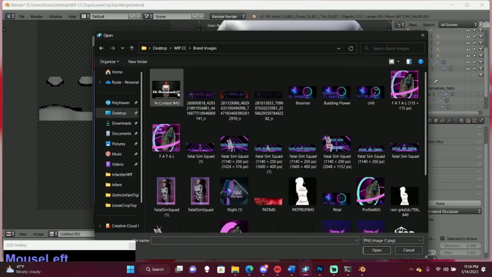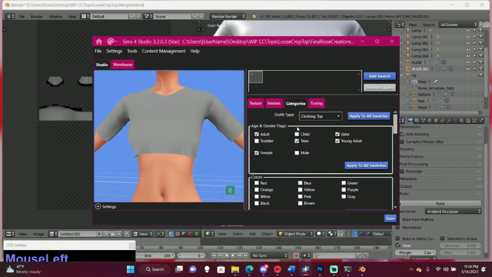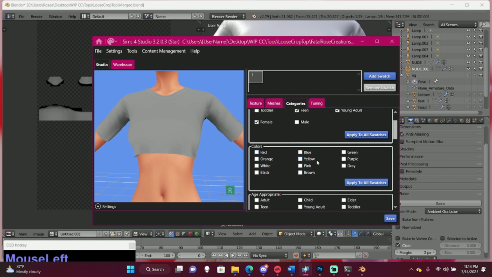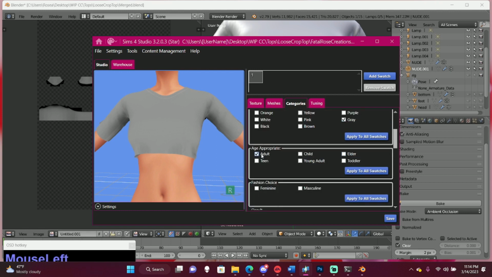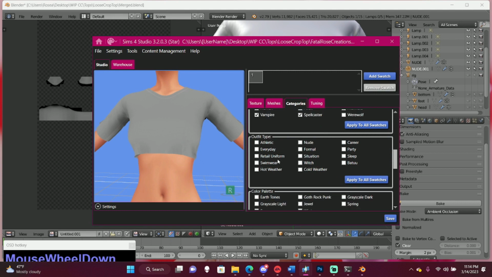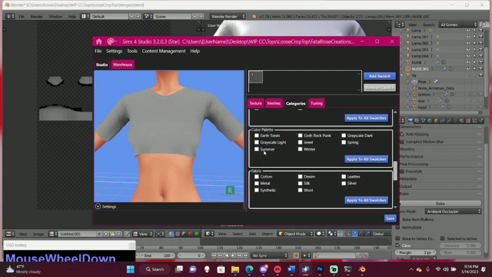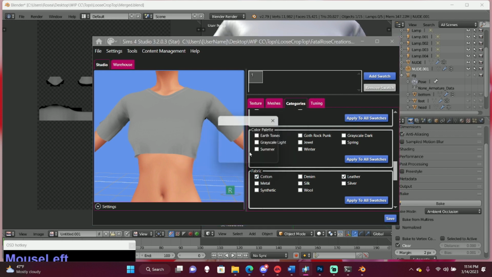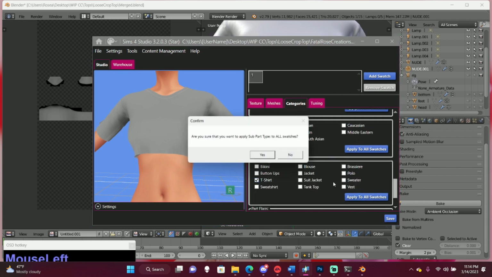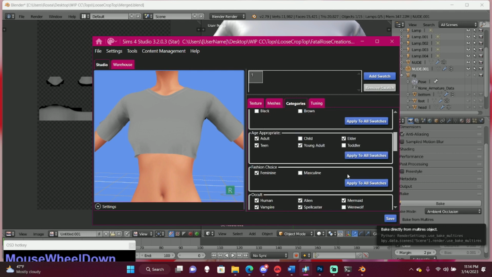So we can also put a tester thumbnail. And then we'll go do our categories. Adult, teen. So all of these different selections just control how things end up in game.